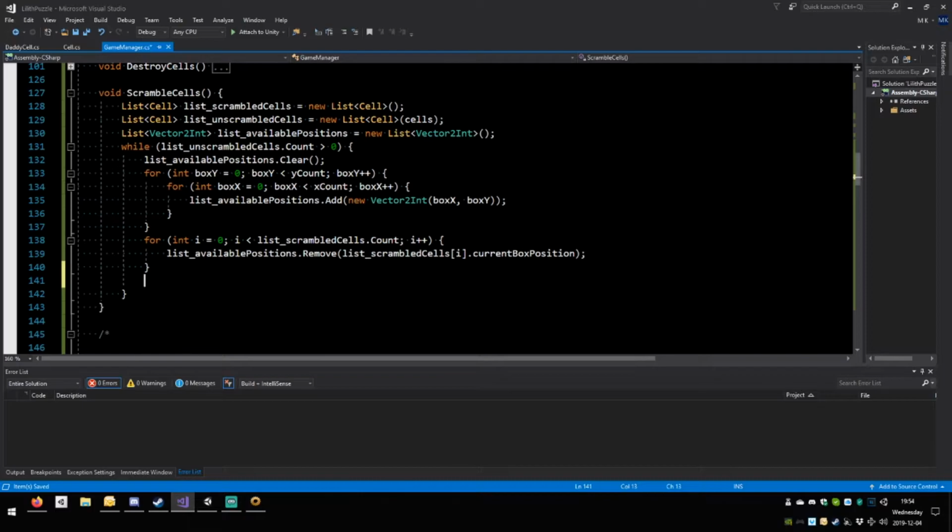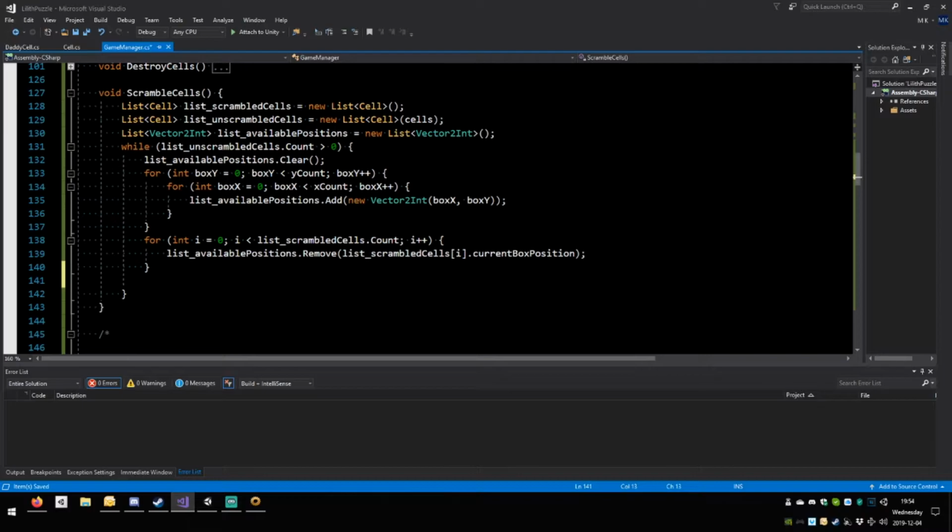Does it matter to us which one? Let me see. So if the random position is different from the current position of that particular cell. Yes. Okay, so here you can say